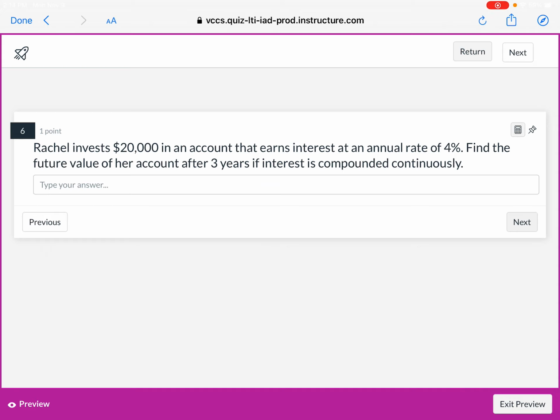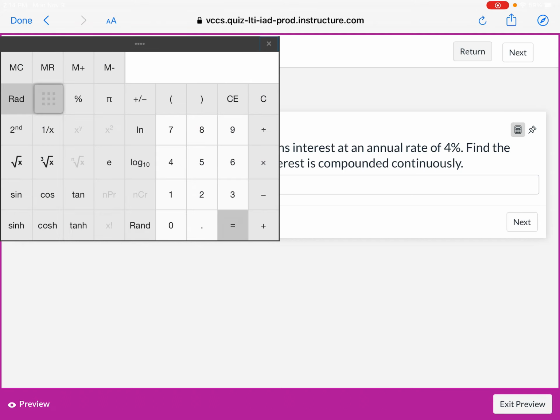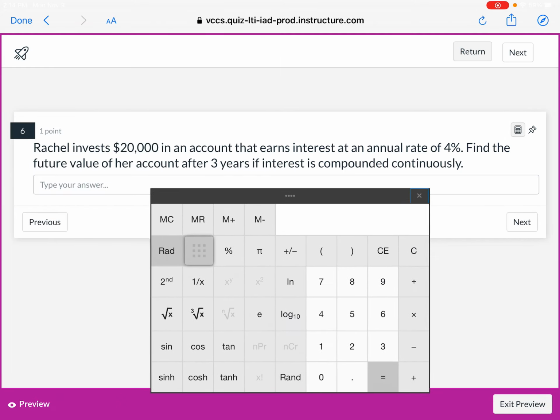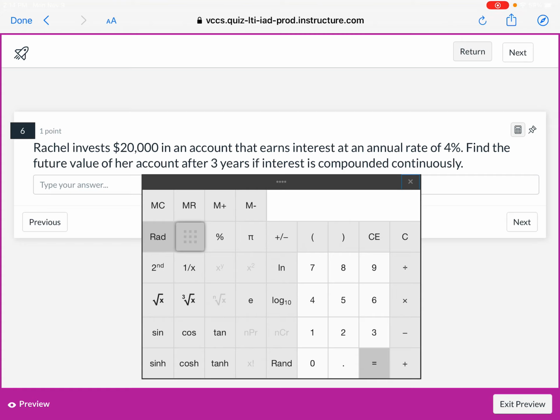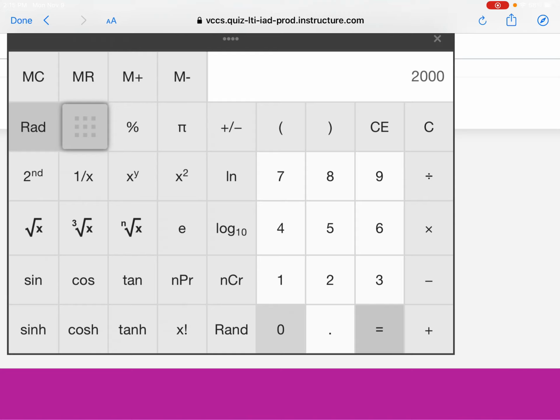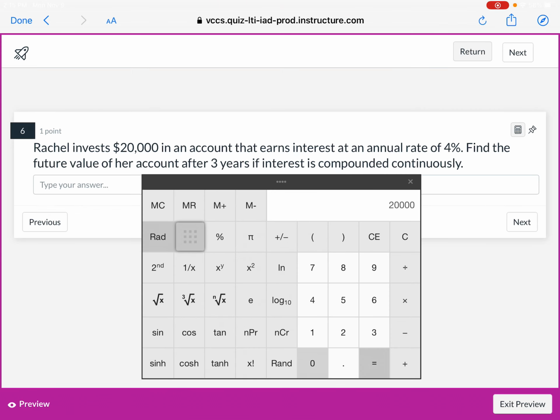Rachel invests $20,000 in an account that earns interest at an annual rate of 4%. Find the future value of her account after 3 years if interest is compounded continuously. I never use a scientific calculator on Canvas, so let me try it. Remember the continuous formula is A equals P times e to the rt power. So let me start with P, $20,000. That is how much she has right now, times e raised to the